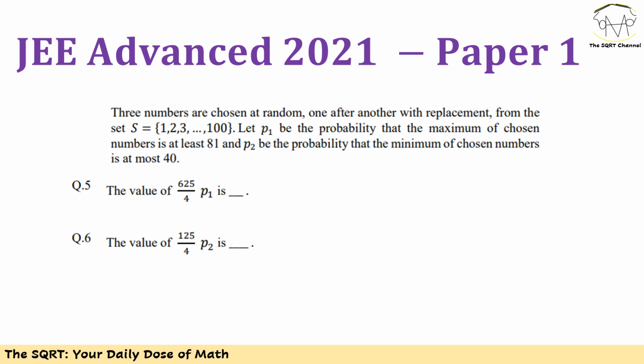Three numbers are chosen at random, one after another, with replacement, from the set that we have here, including 1, 2, 3 up to 100. Now let's define P1 as the